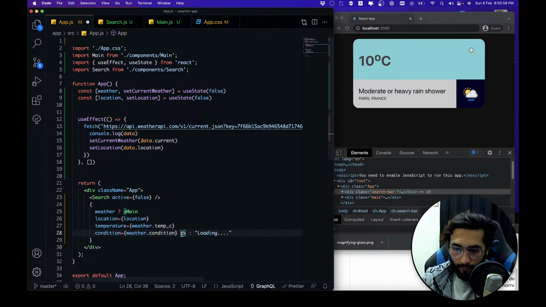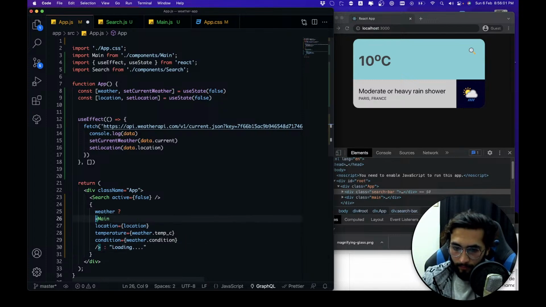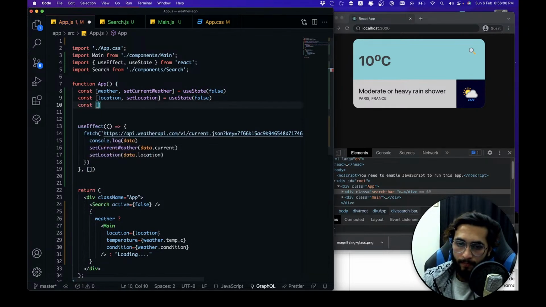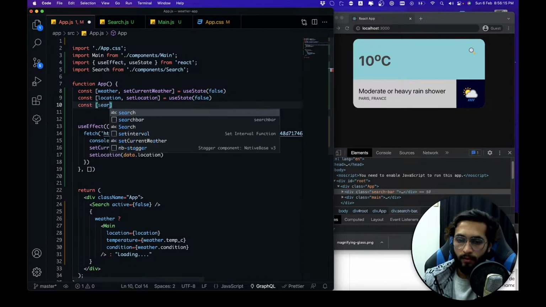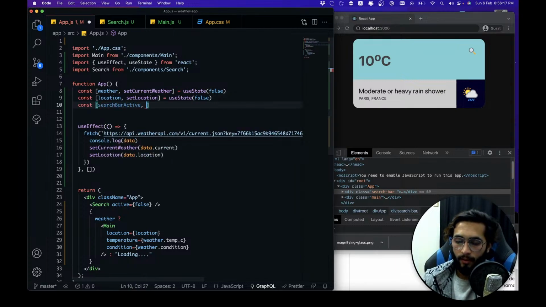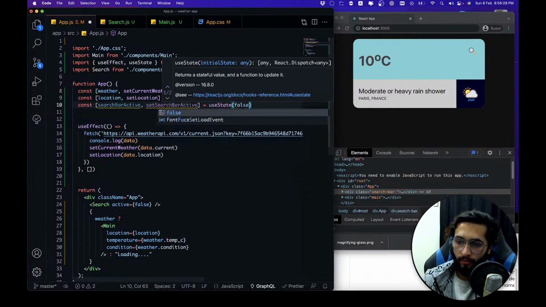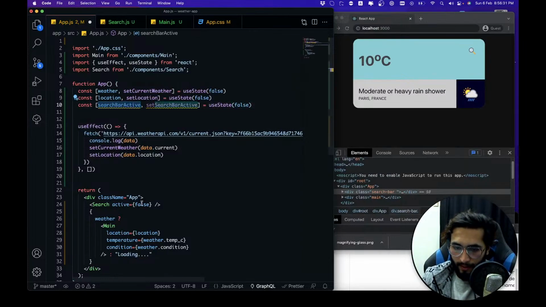Okay, so now we simply create a state, show search bar, okay, or search bar active, and make search bar active, that search bar, and by default it is false. We pass that,